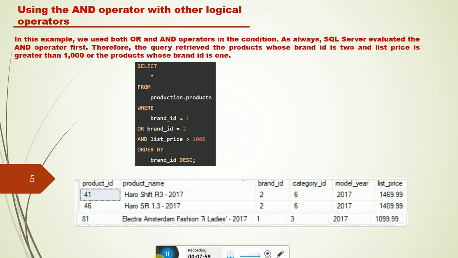So here we specify three criteria using two operators, OR and AND. That means either brand ID 1, or brand ID 2 and list price greater than 1000. See the output: brand ID is 1, or brand ID is 2 and list price is greater than 1000. So like this you can apply the AND operator or the OR operator, but the AND operator is evaluated first.